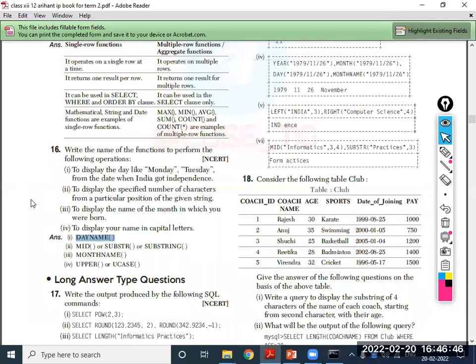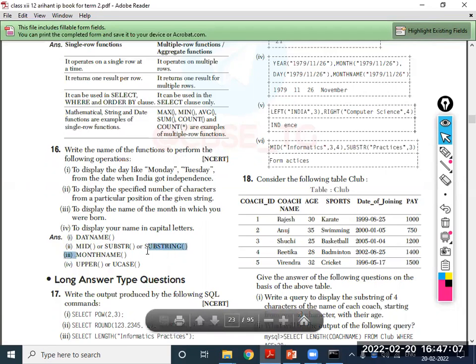Clear, first one. Second, to display the specified number of characters from a particular position of a given string. In previous lectures, we have seen it. You can use substr or substring, or we can use mid. To display the month name in which you were born, month name.